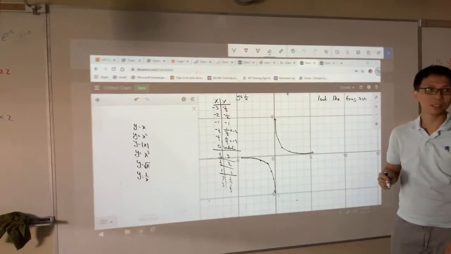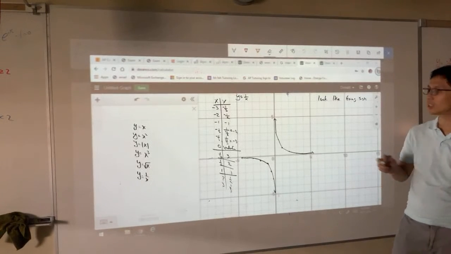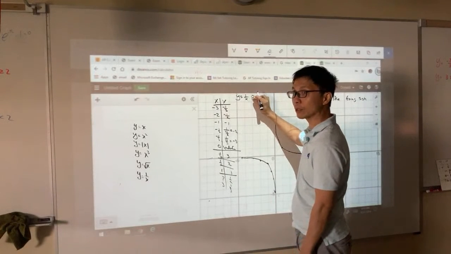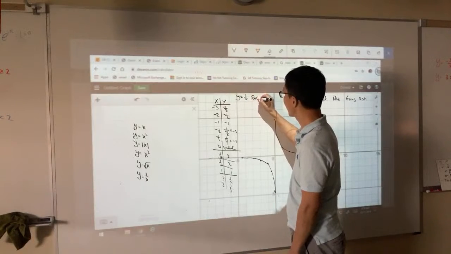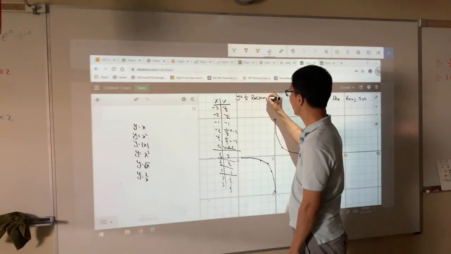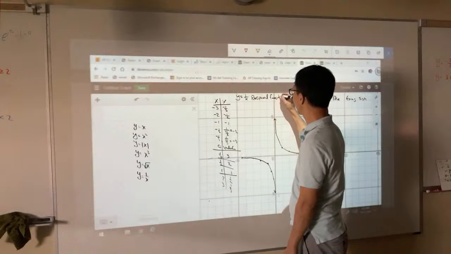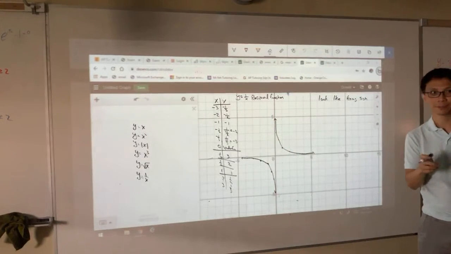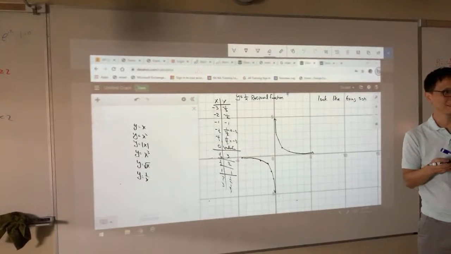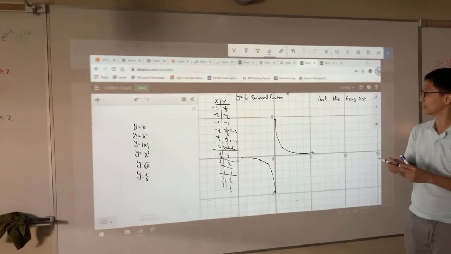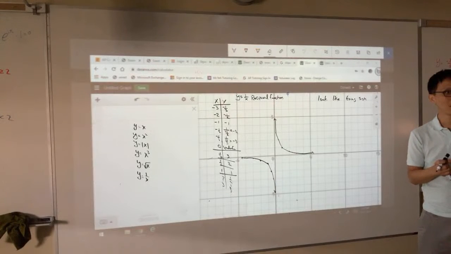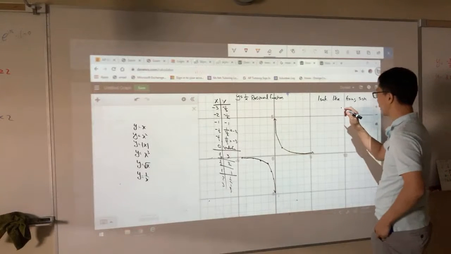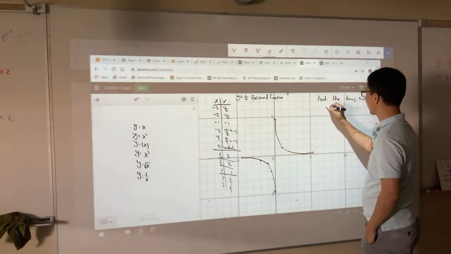So this function is actually called reciprocal functions. It's not called inverse. Please don't get confused with inverse. So reciprocal functions. So this gang is called the reciprocal gang. It sounds pretty badass too. Reciprocal gang. Where you from? I'm from reciprocal gang. So for this graph, we're going to talk about the domain